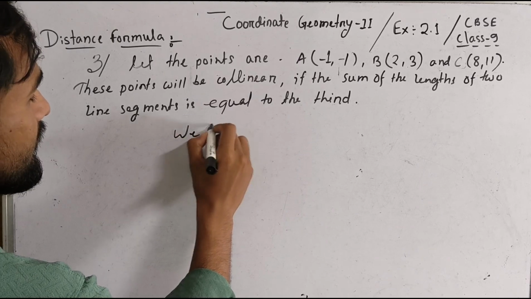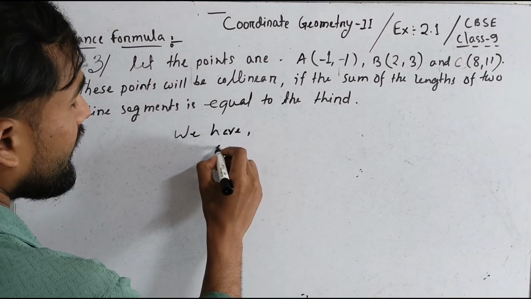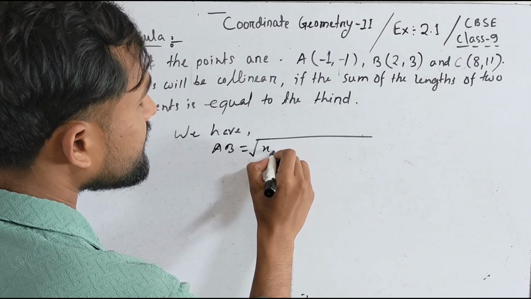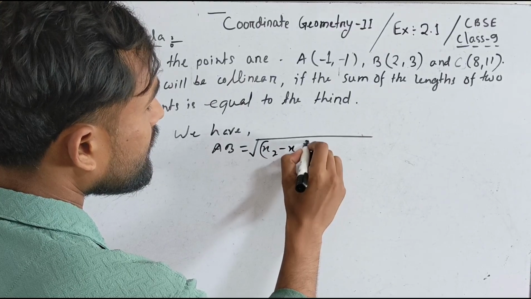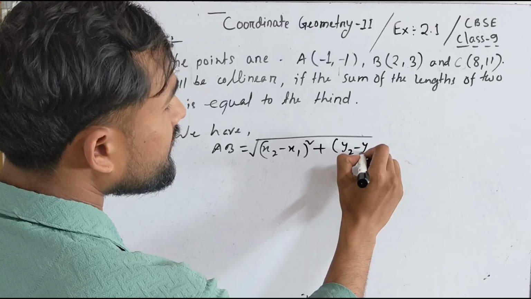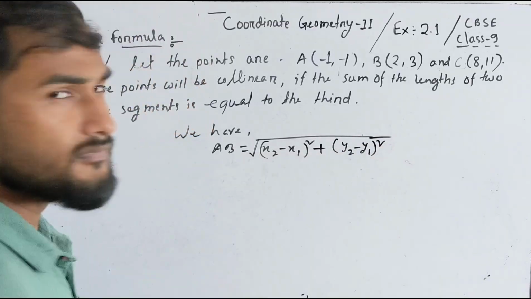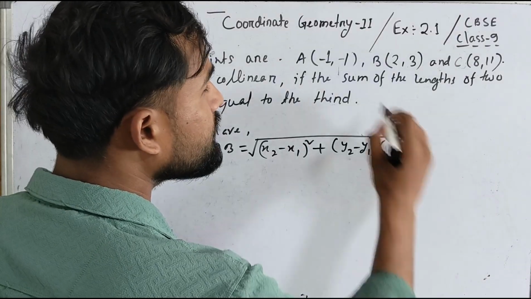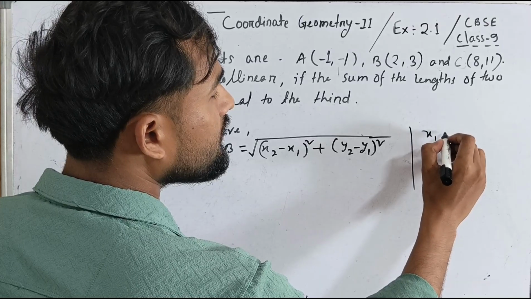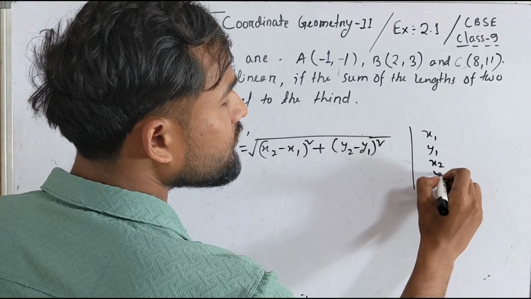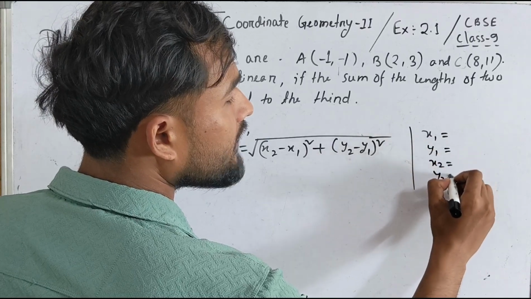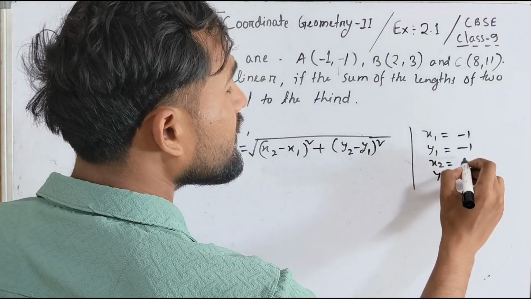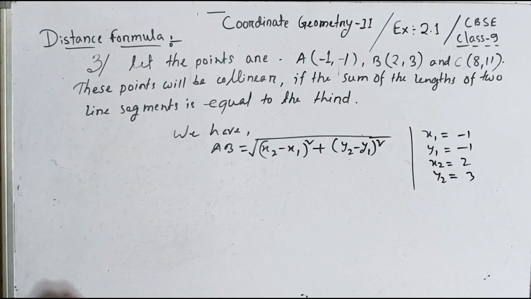We have AB equal to how much? AB equal to root over x2 minus x1 whole square plus y2 minus y1 whole square. If you are not understanding this equation, then just put the value of x1, y1, x2 and y2 at the right side. Let's see, x1 and y1 both are value -1 and 2 and 3. So put the value